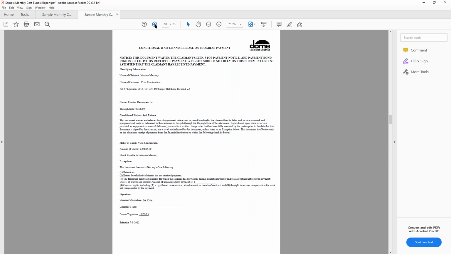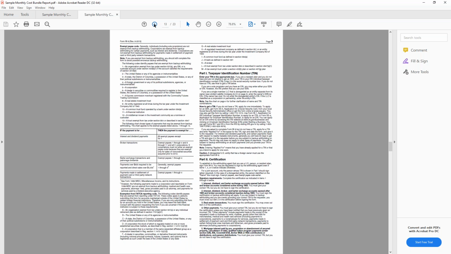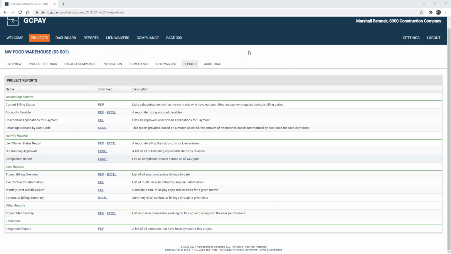And so within this document, I have 23 different pay apps, some of which have a W-9 or other required documents that are submitted with those pay applications. And so this type of monthly cost bundle report could be created and then submitted to an owner for progress billings. And so that just shows a couple different reports that come with the system.